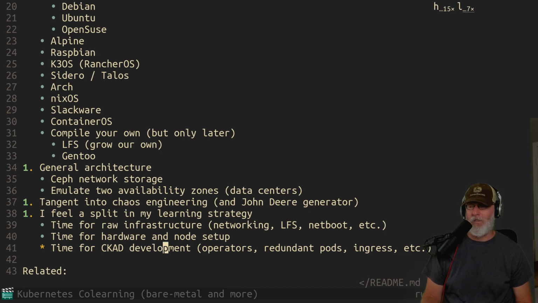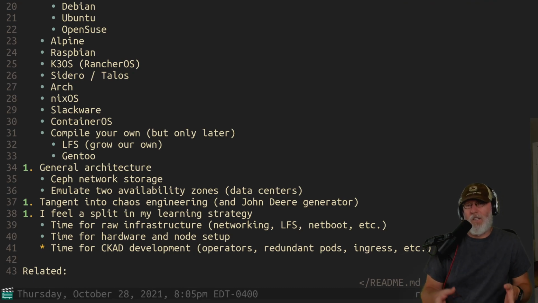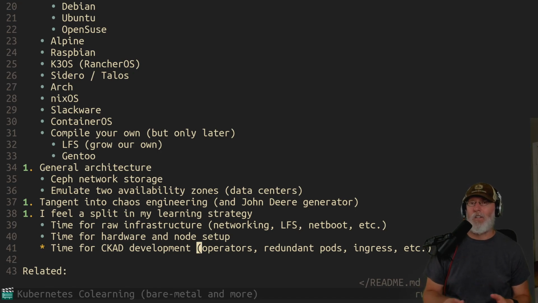Not putting a bunch of stuff in containers. There's CKAD development, which is kind of like deploying applications to Kubernetes, and then there's making custom resource definitions and operators and stuff like that for Kubernetes, which is totally different. It's cool and everything, but one of them is like kernel mods in Linux, and the other one is like writing Python code that runs on Linux. And they're different. If for kernels of your own for the microcontrollers, nice. I would love to write my own kernel. That'd be really cool.